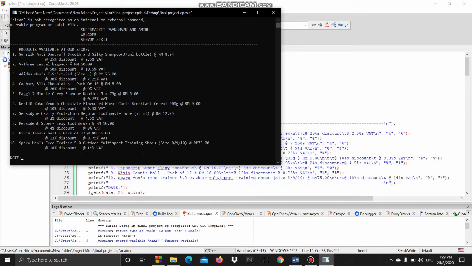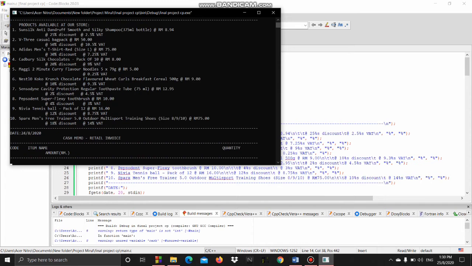Okay, this is the date when the customer wants to buy some items from our supermarket. For example, today is 24 August. Okay, 24 August. After we put the date,